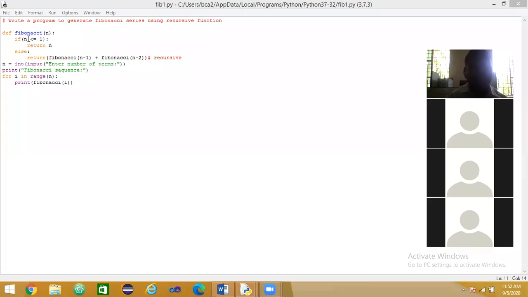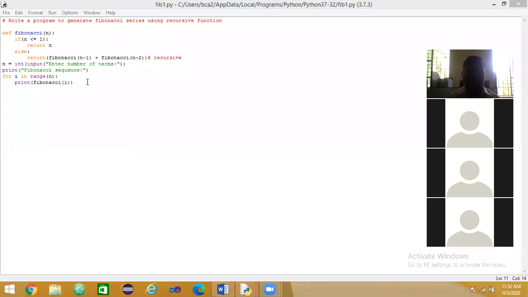Recursively it calls again, 1 equal to 1, condition is true, and here in the plus part also n equal to 2, 2 minus 2 is 0, it sends here, 0 is less than 1. Okay, both Fibonacci of n minus 1 plus Fibonacci of n minus 2 together, 1 plus 0 equal to 1. It sends that value. Now the values are 0, 1, 1.